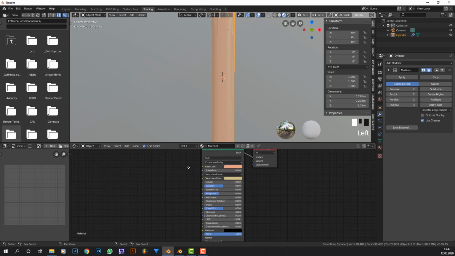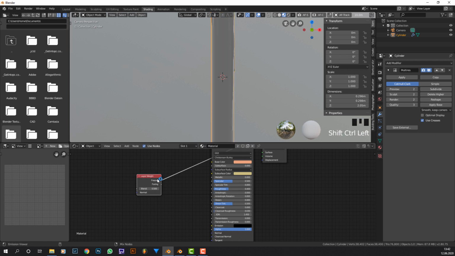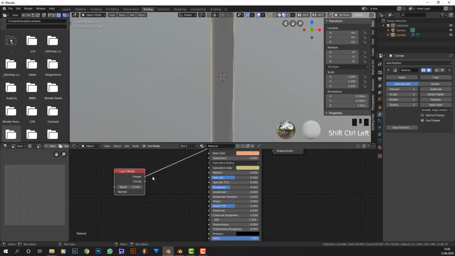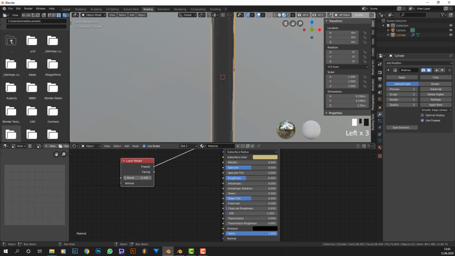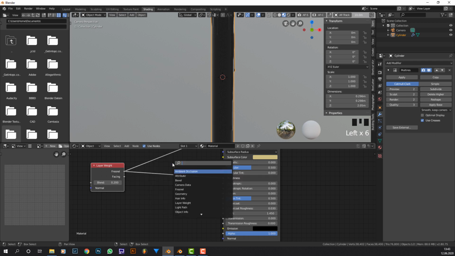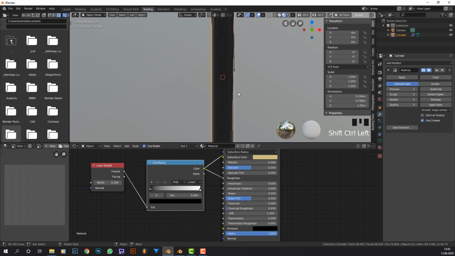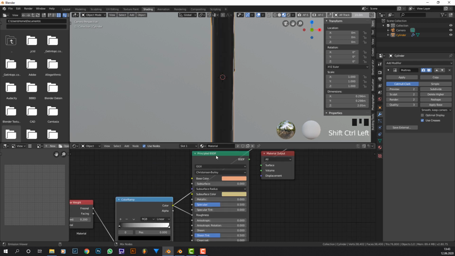Well, what I'm going to do now is add in a layer weight. I'm going to preview it to the Fresnel. I'm going to set it to 0.2. I'm going to add to the roughness, add in a color ramp, and now basically I want to position